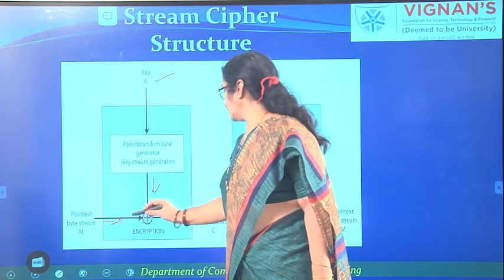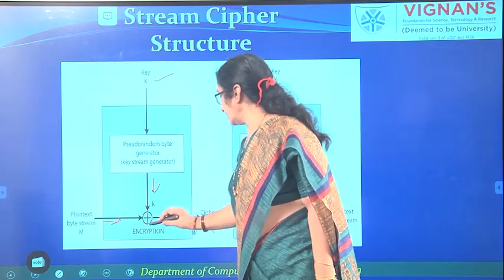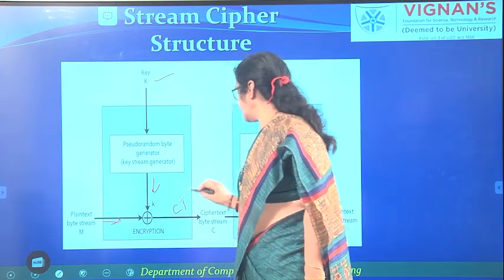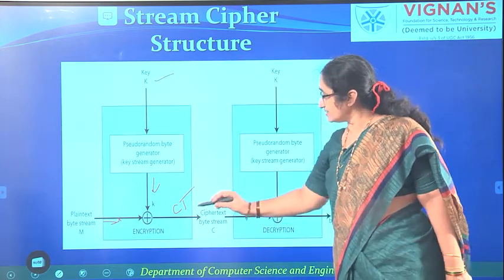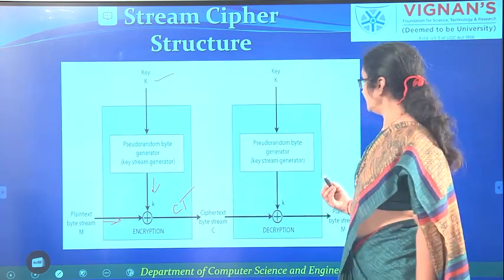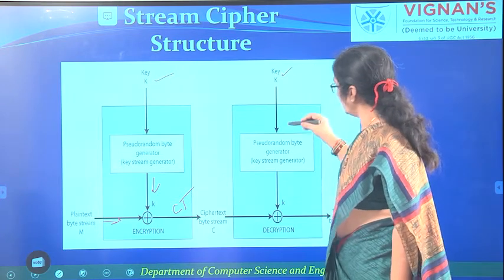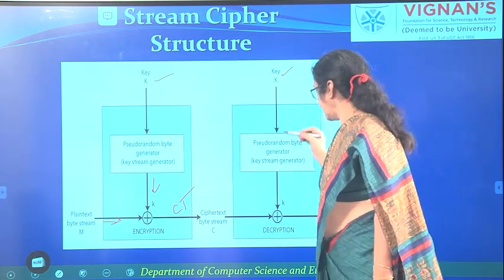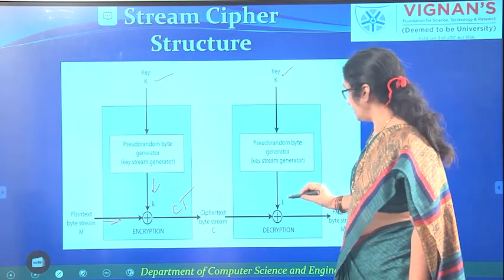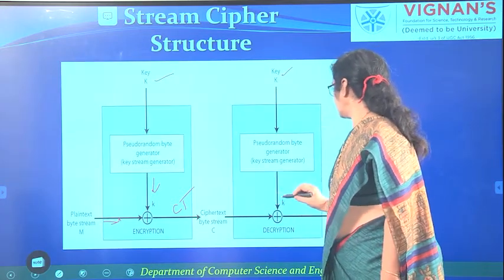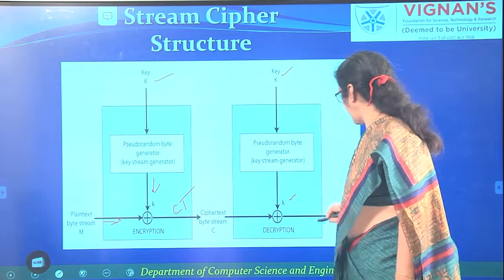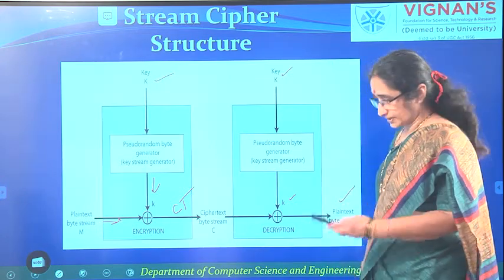You are XORing that data with the key stream data, and that is nothing but the ciphertext. At the receiving side, again they use the same key as input to the pseudo random generator, and it will generate the key stream, and when this ciphertext is XORed with the key stream, you get back the plain text.